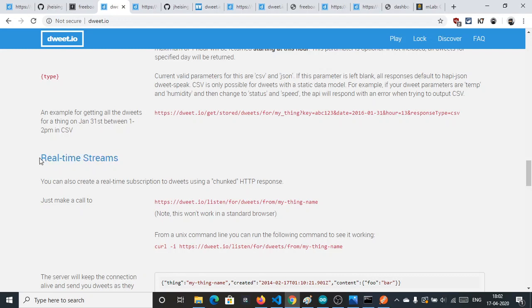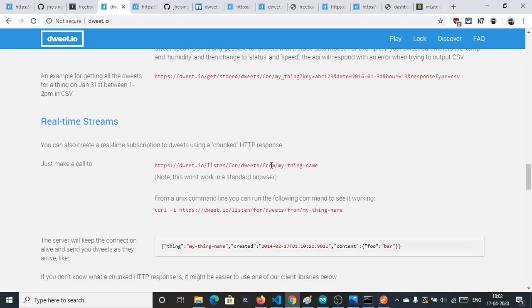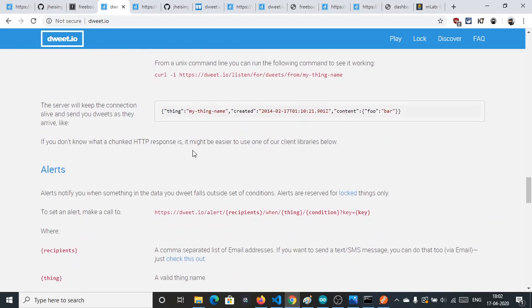And the real time stream is the best service for real time dashboards. If you are making real time dashboards, you will have to use this type of service. If you make an analogy, it is similar to a subscription in an MQTT messaging service, in which we subscribe to some topic, and here the topic is similar to the thing. Fine.